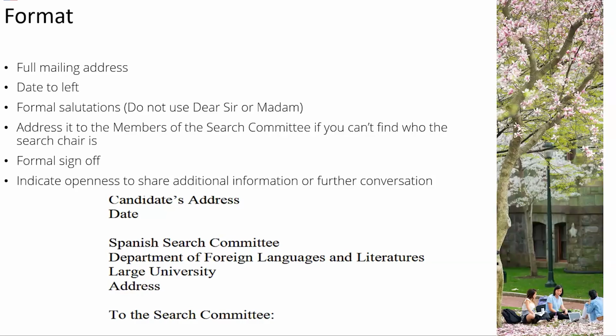You also want to provide the full mailing address of the department, of the university. You want to make sure that the date is on the left-hand side. You also want to provide your address as a candidate, so that's important to include as well. In terms of formal salutations,